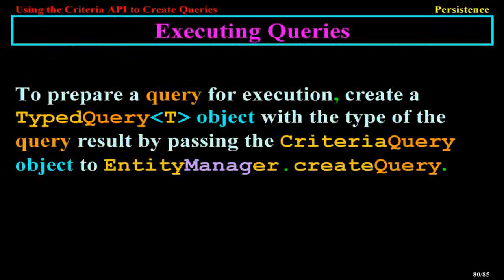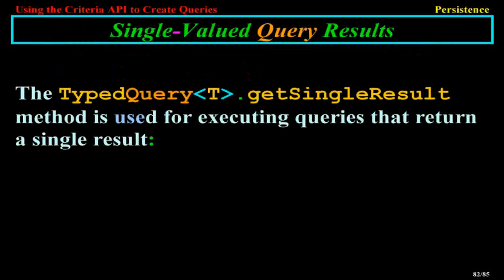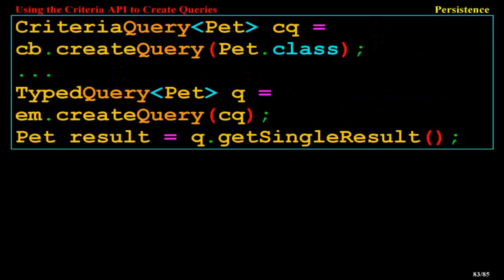Executing queries. To prepare a query for execution, create a TypedQuery<T> object with the type of the query result by passing the CriteriaQuery object to EntityManager.createQuery. Queries are executed by calling either getSingleResult or getResultList on the TypedQuery<T> object. Single-valued query results. The TypedQuery<T>.getSingleResult method is used for executing queries that return a single result. CriteriaQuery<Pet> cq = cb.createQuery(Pet.class); TypedQuery<Pet> q = em.createQuery(cq); Pet result = q.getSingleResult();